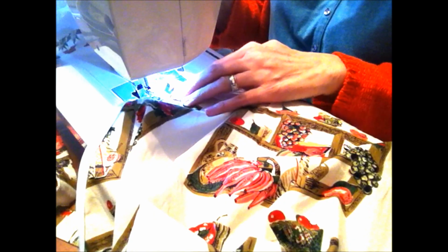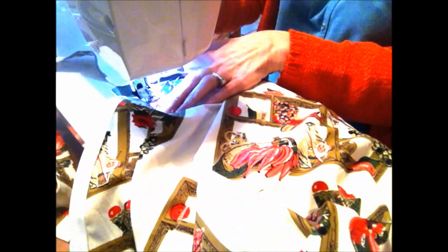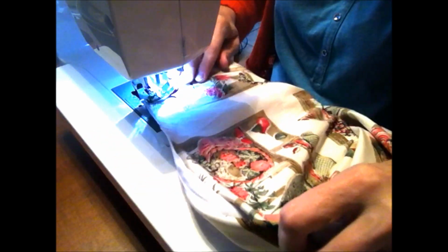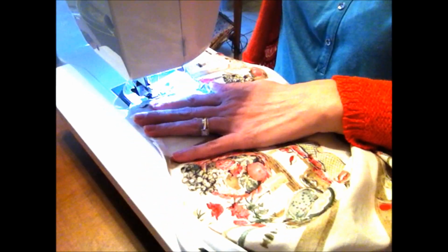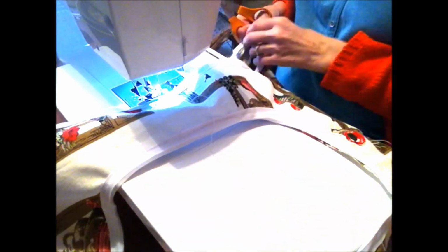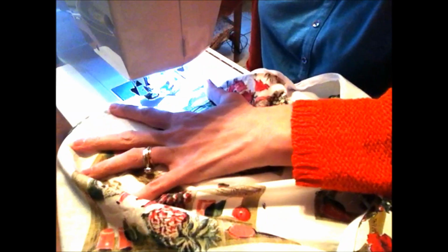Back and forth. Sew that, I guess, in with the bias tape. Didn't think about it at the time. Sew that flat right there. Do the other side. Okay, and again I'm going to flip that over and just get the...